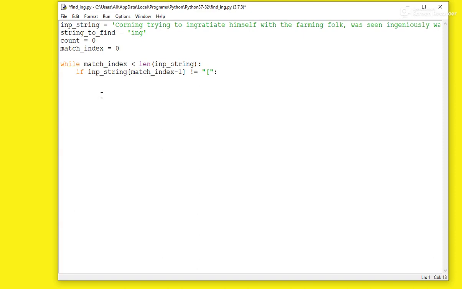So we go back a step, so we find an I, we go back a step and check that we haven't already inserted an open bracket. Now we want to detect the beginning of the ing. So if the letter I, which is the first letter in ing, we could actually use string defined first element